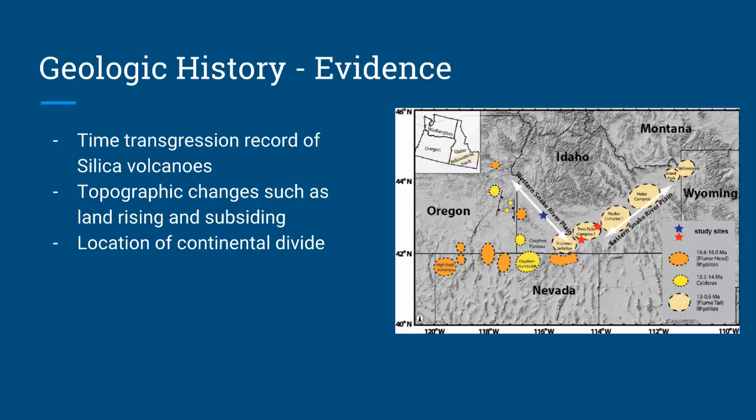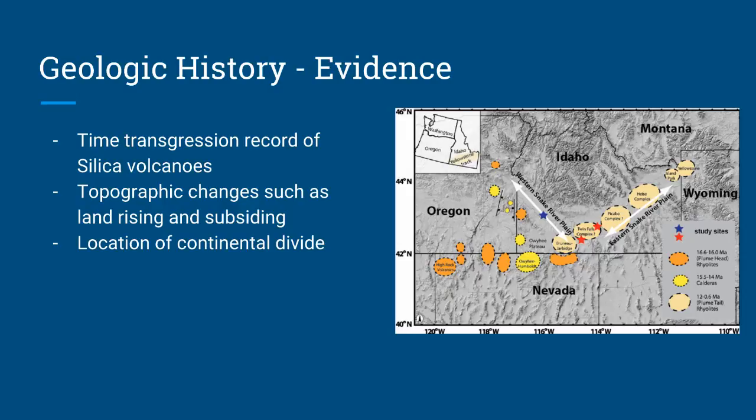There are several facts that support this theory. The time transition record of the silica volcanoes is interpreted as a result of this movement of the continental plate. The topographical changes also suggest the validity of this theory. The land rose due to a thermal uplift of the hotspots, and northeast of the hotspots the highlands subsided